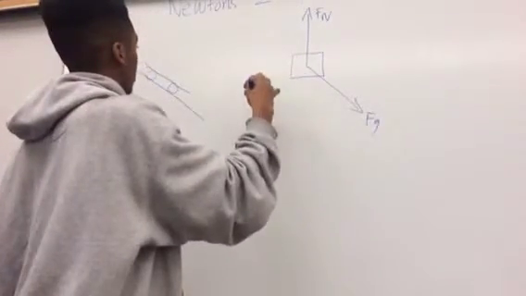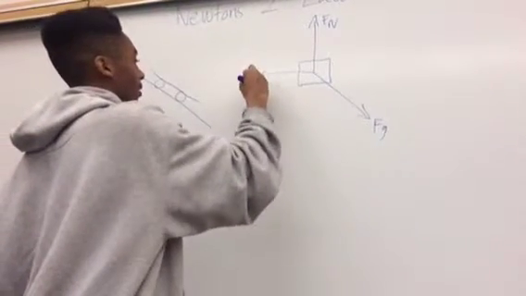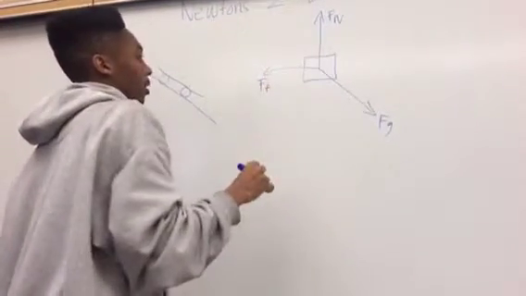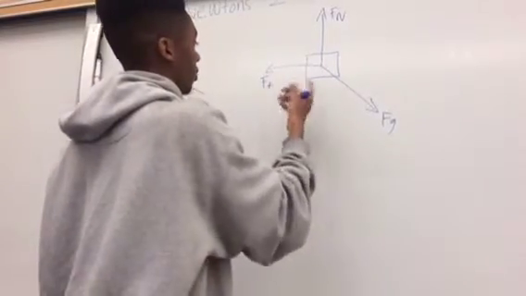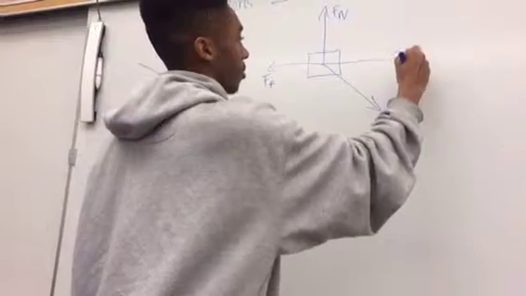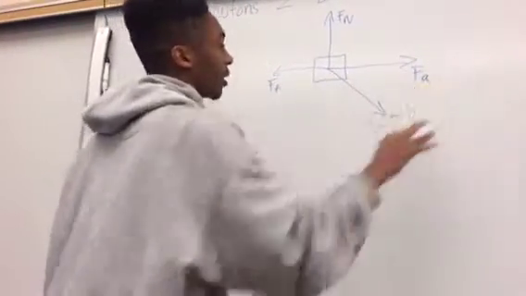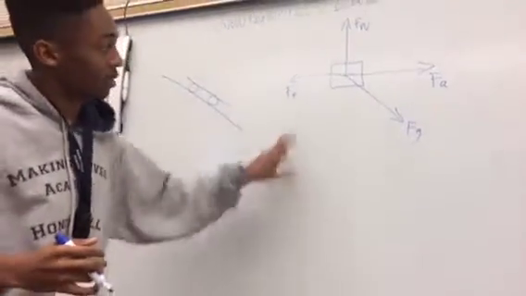Another force that's acted upon the skateboard is the force of friction. And the stronger force out of the 2 would be the force applied. Because as you've seen in the video, I push the skateboard and it starts to slow down because of the force of friction.